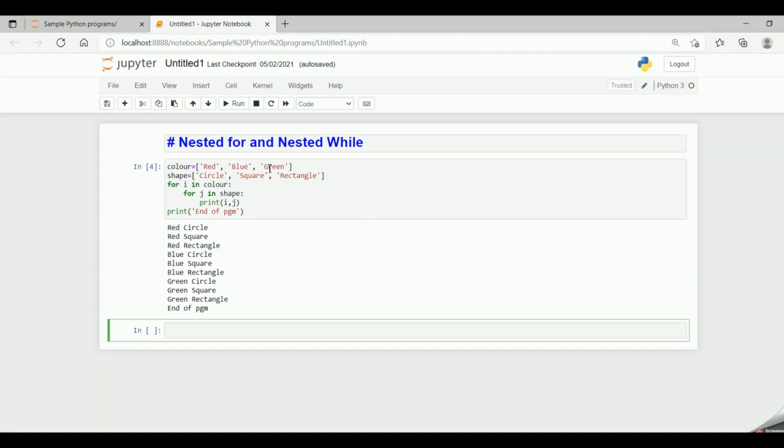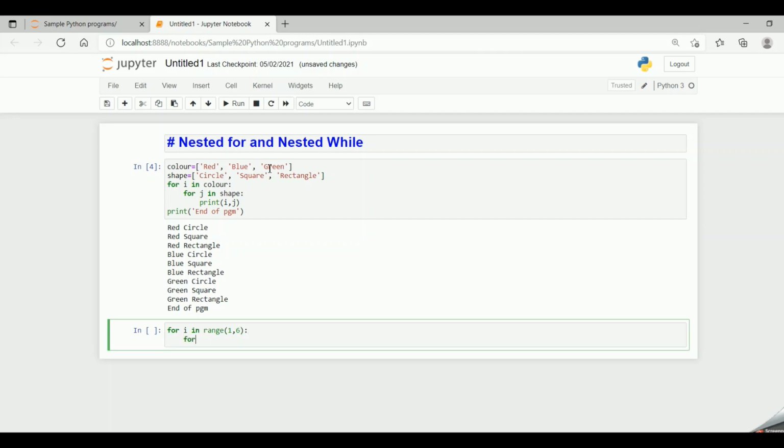So friends, let's look into it practically. For i in range 1, 6 colon. So this is again a nested for loop, for j in range i. Then I say print i.